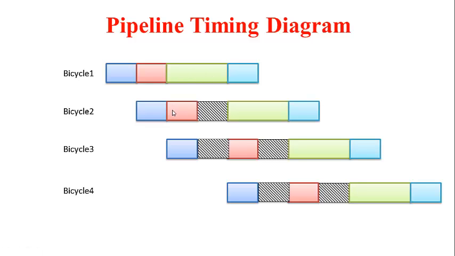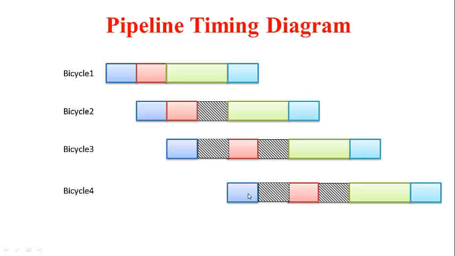The second bicycle will complete its second step within 1 hour of its entry into the second step, and then it has to wait. Likewise, the third bicycle also has to wait in the first step until such point as it can move to the second step, which will happen when the first bicycle has moved on to the fourth step, and then the second bicycle will then move to the third step, third bicycle will move to the second step, and the fourth bicycle will then